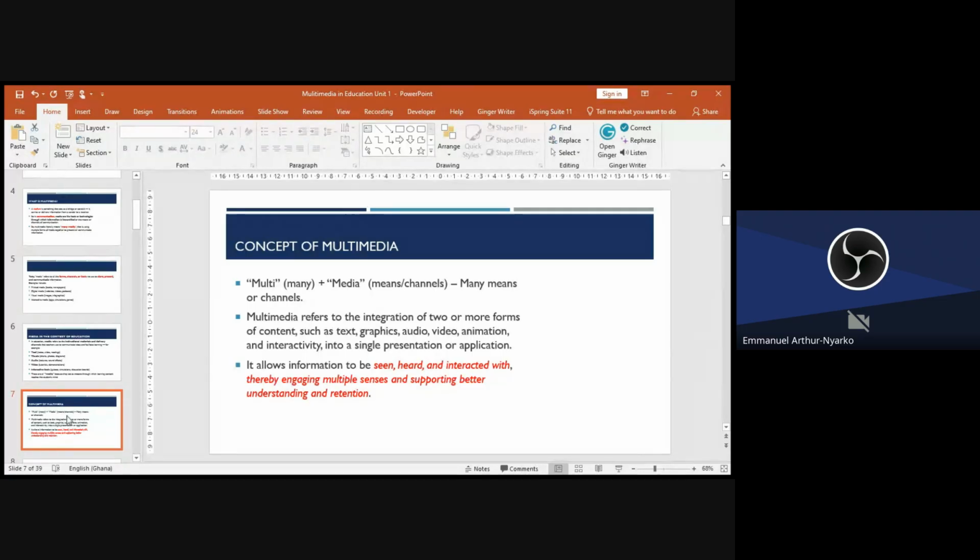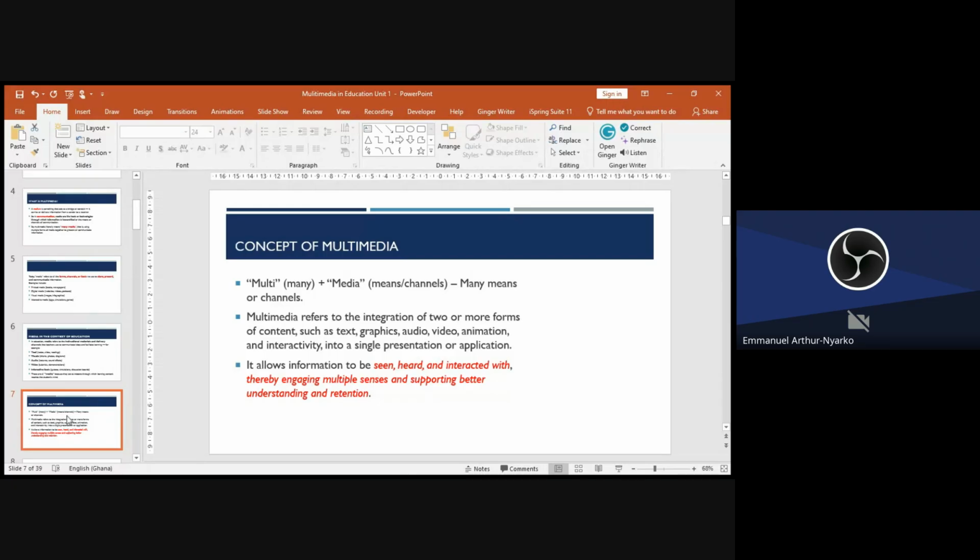Multimedia basically refers to the integration of two or more forms of content, such as text, graphics, audio, animation, and interactivity, into a single presentation. This is what you'll be expected to do.